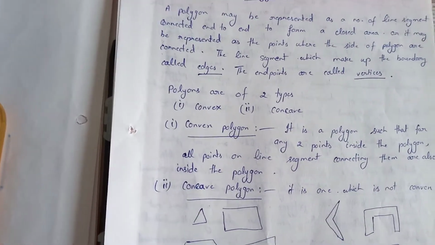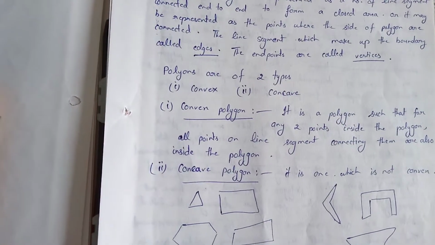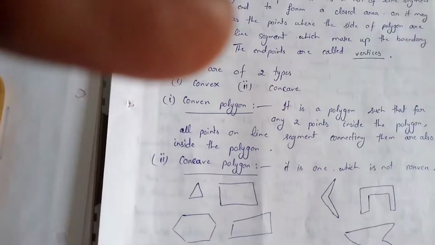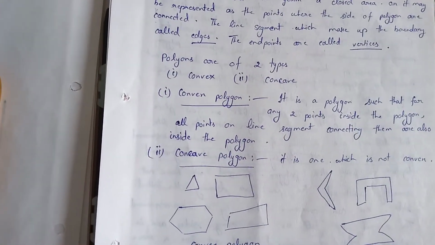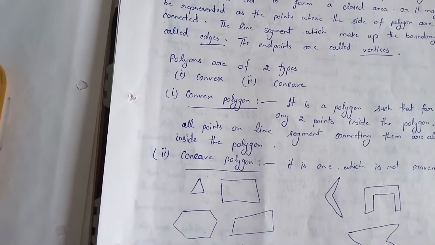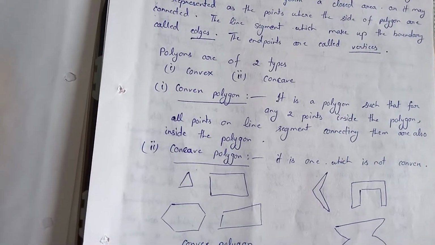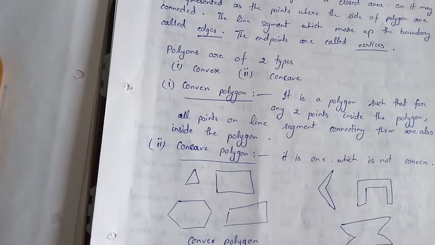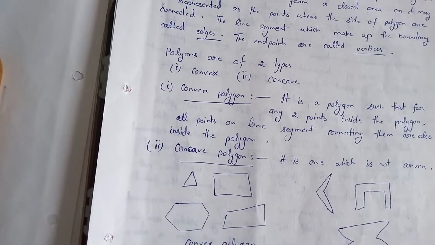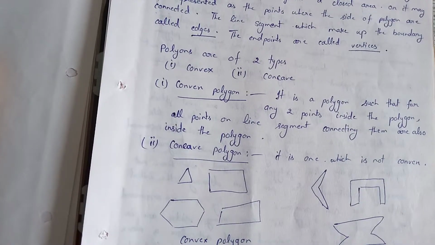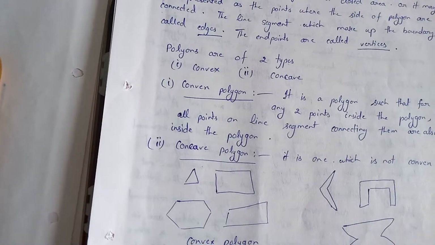Basically, polygons are of two types. It may be convex, it may be concave. How can you find whether a polygon is convex or concave? A convex polygon is a polygon such that for any 2 points inside the polygon, if all the points on the line segment connecting these points also belong to that polygon, such a polygon is called